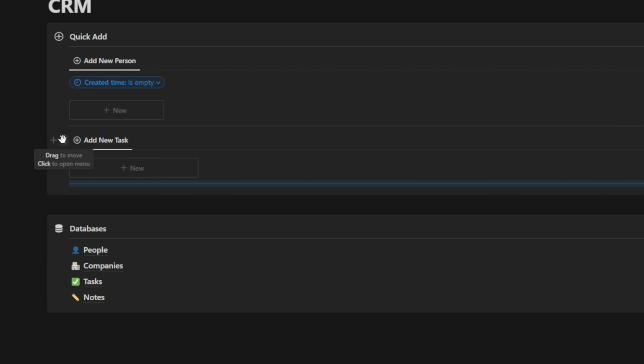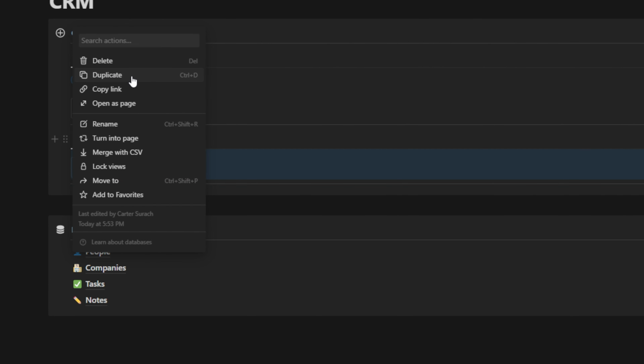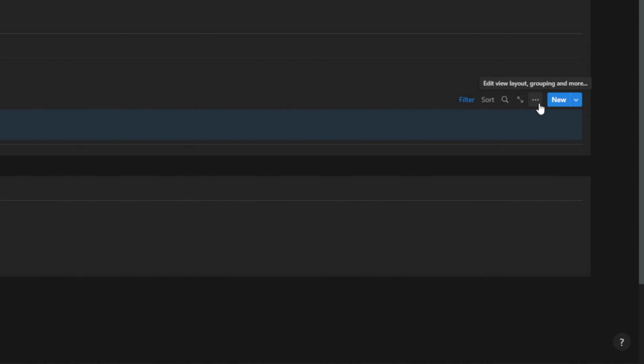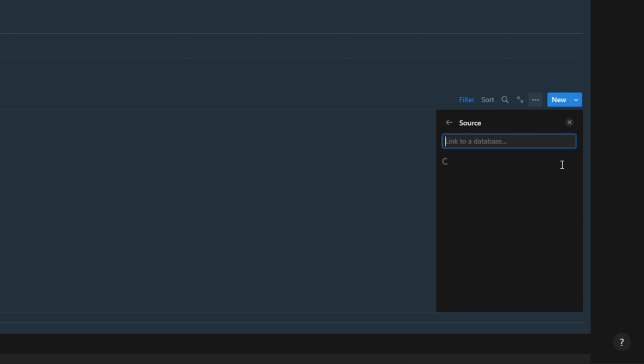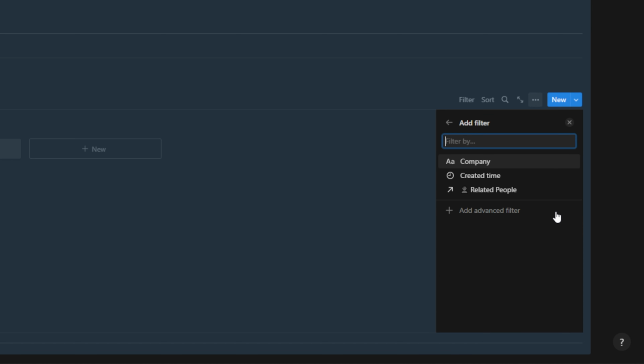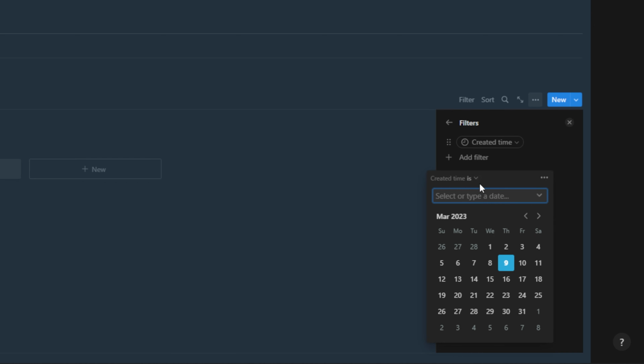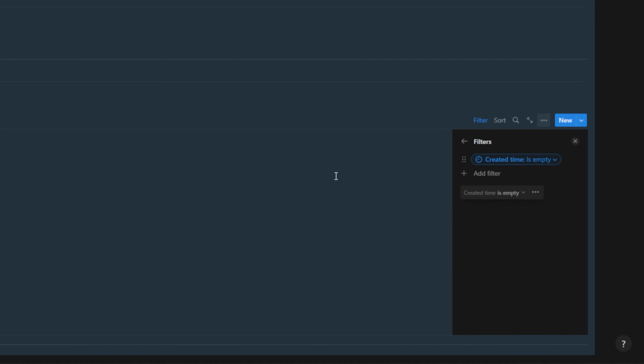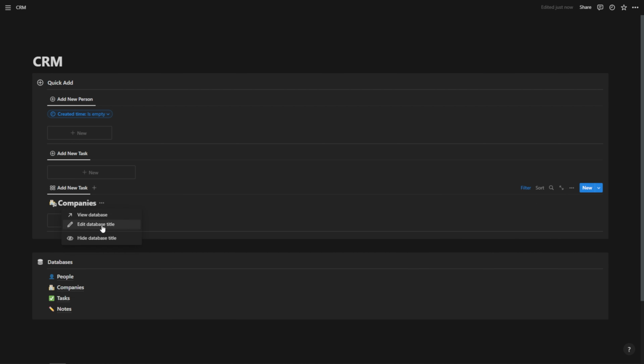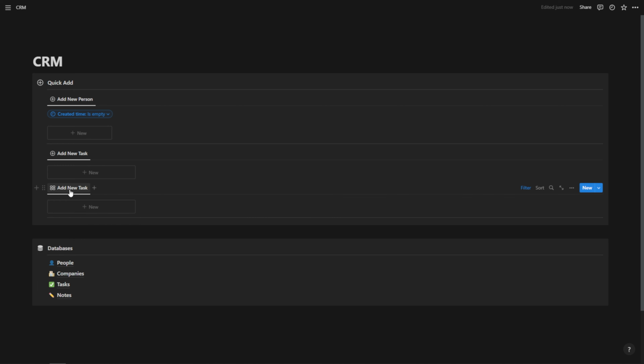So let's click on these 6 dots, hit duplicate. And again, we're going to go into these 3 dots, go to source. We have to select one of them that we haven't selected yet. I'm going to go with companies. And here we just need to filter by created time is empty. It's that simple. I click away, I hide this database title, and then I can quickly click on this title